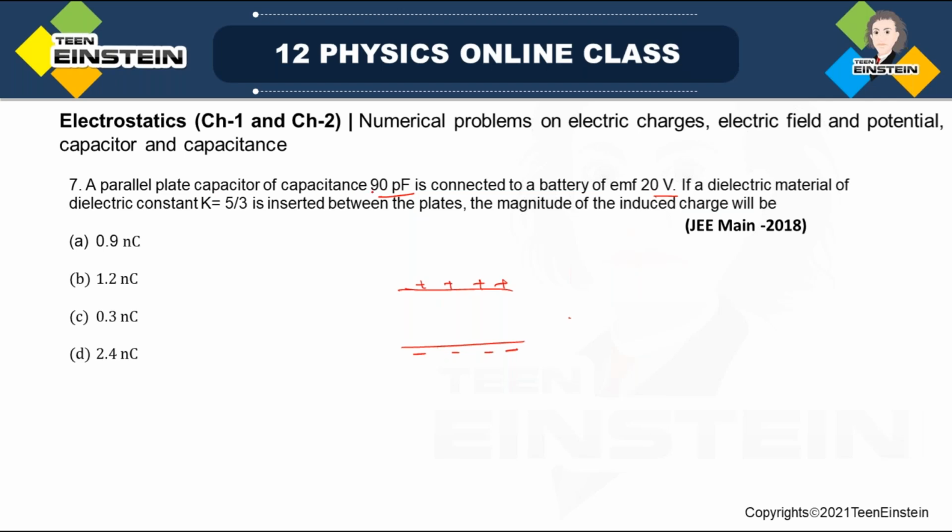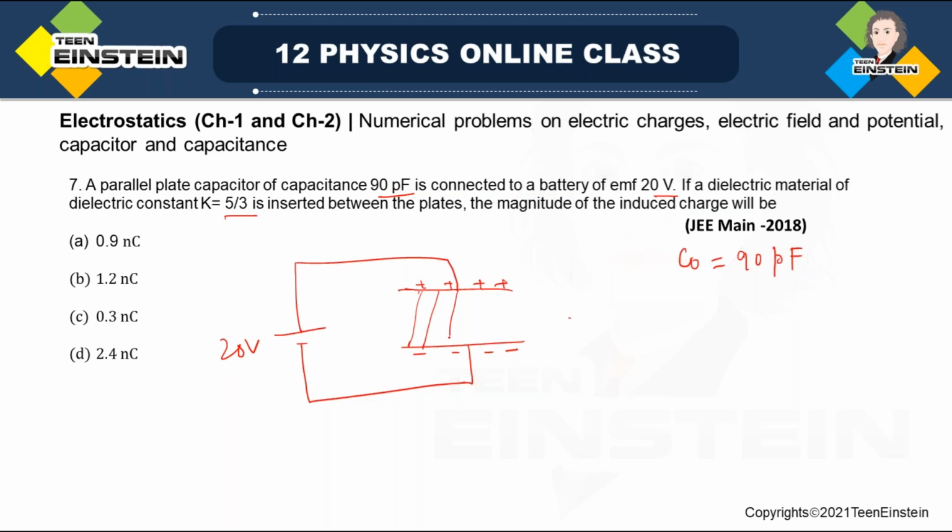So initially the parallel plate capacitor has capacitance C0, which is 90 picofarad as given, and this capacitor has been connected to a battery of 20 volt. Okay, if a dielectric material of dielectric constant K equal to 5 by 3 is inserted, so now, this was the initial case, and now